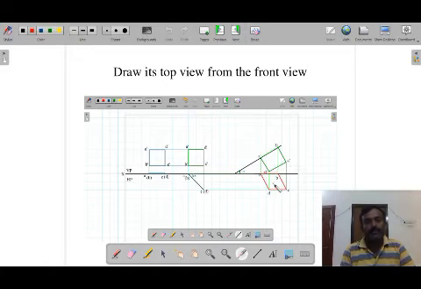Project the top view by intersecting the vertical line as well as the second horizontal line which is drawn from the second stage. This is the final front view and the top view. Only the final stage front view and the top view should be drawn with the help of a thick continuous line. Everything else should be drawn with the help of a thin continuous line.